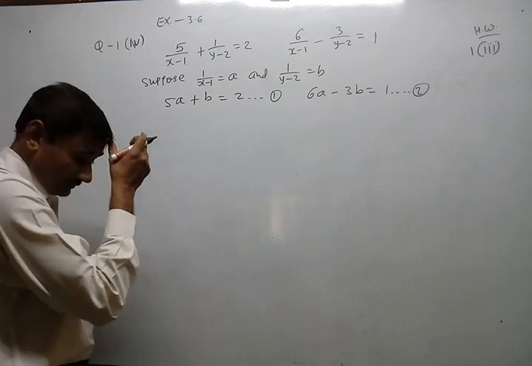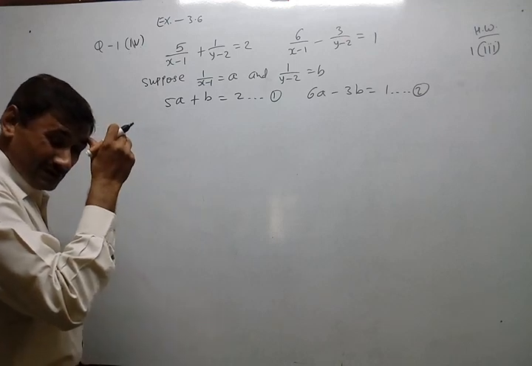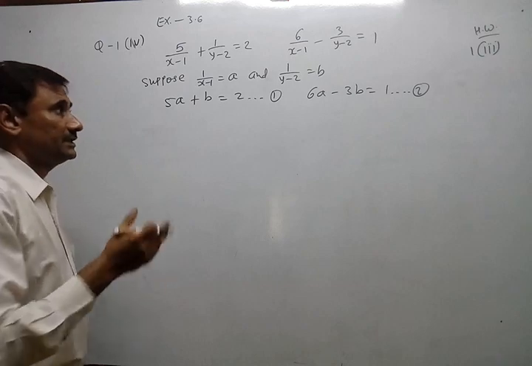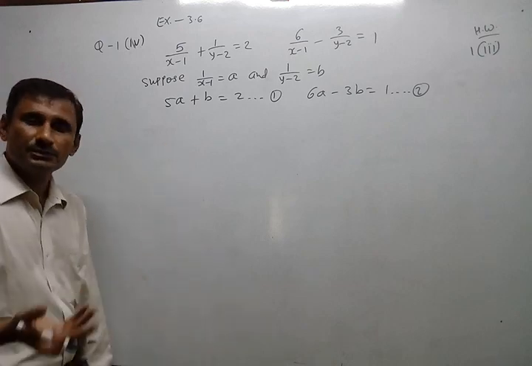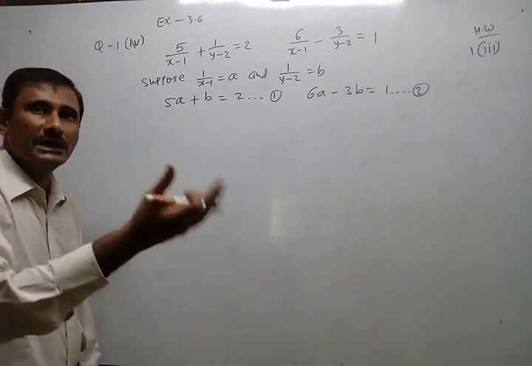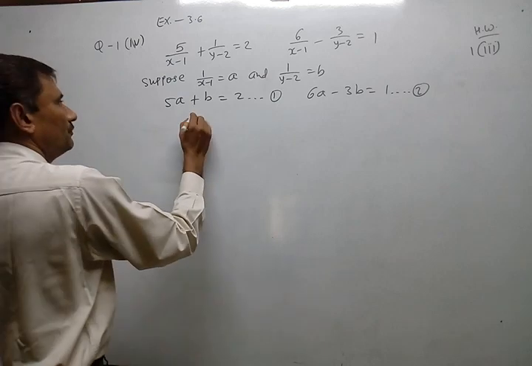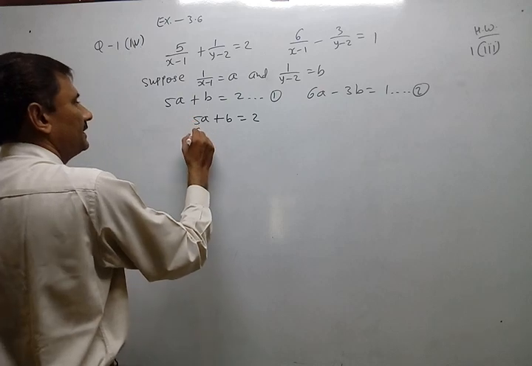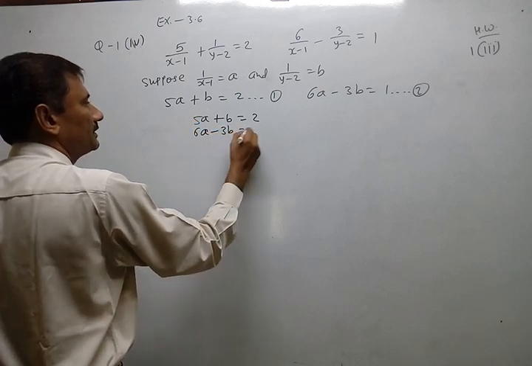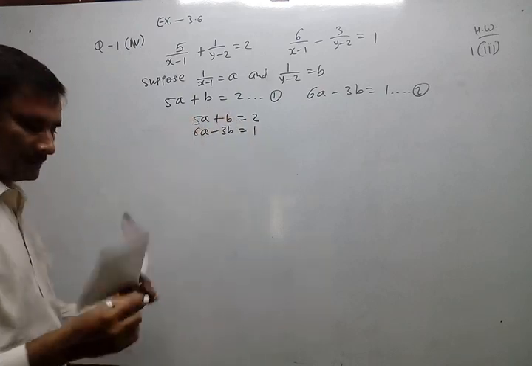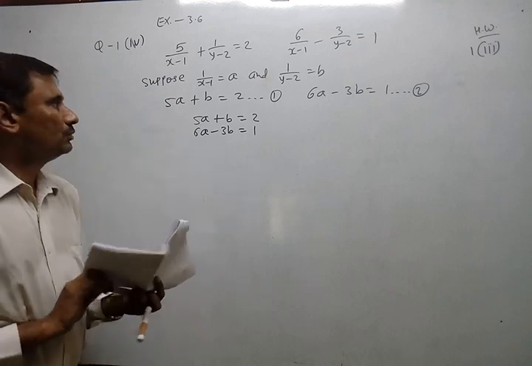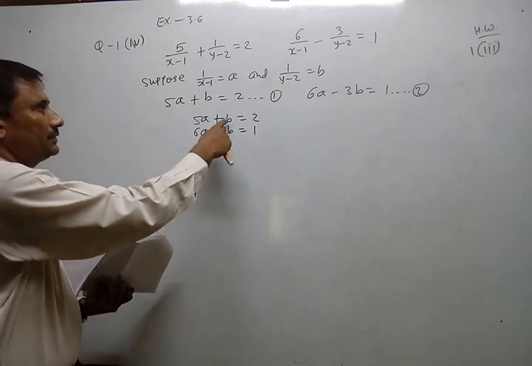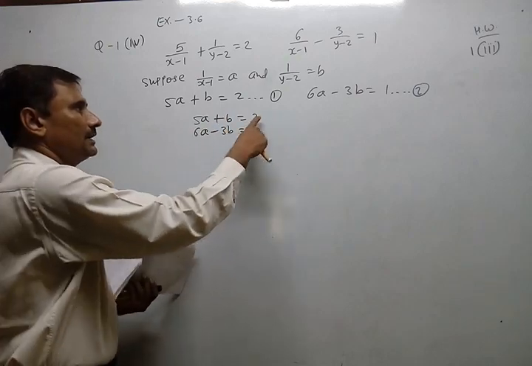Multiply the appropriate equation by the appropriate number. Either one, otherwise both equations be multiplied. Then one is eliminated, another one obtained. Then substitute that value in the next one. Okay. So now, first of all, write down them in this vertical way. I have nothing done here. Just written systematically.